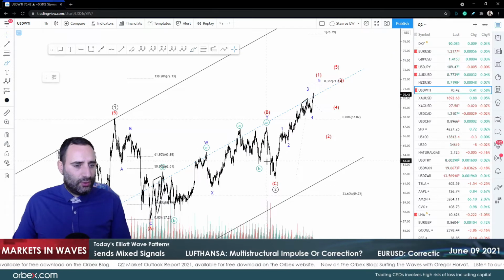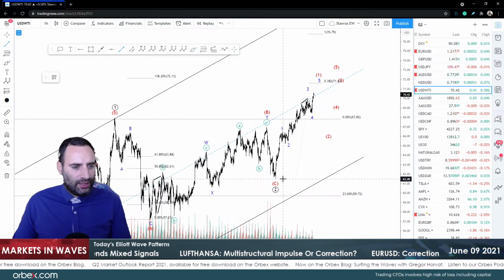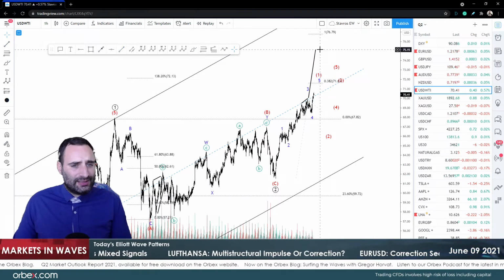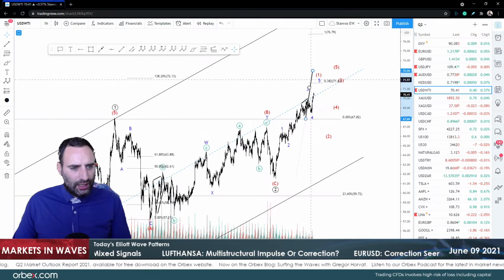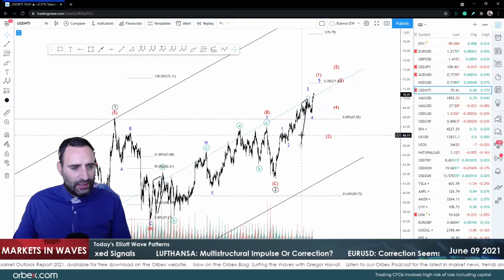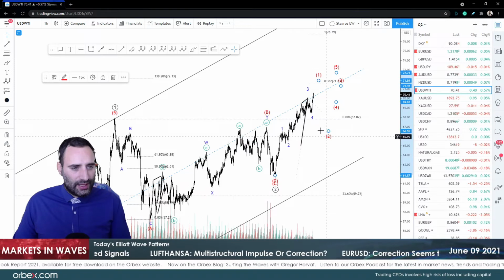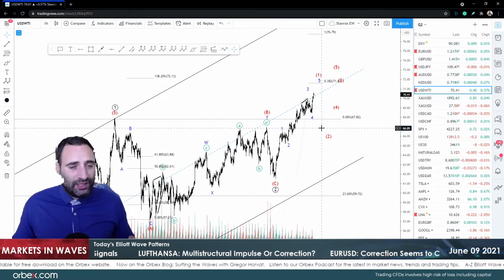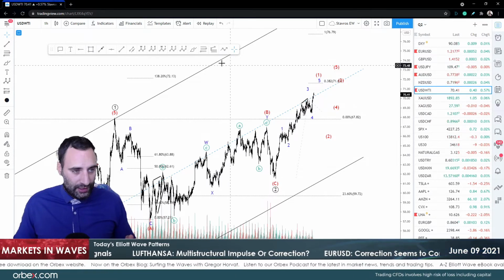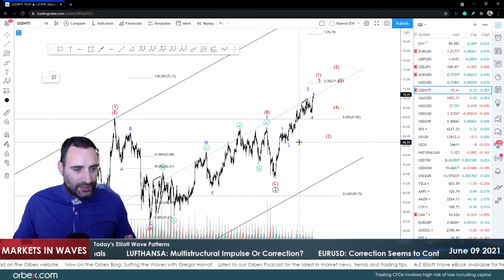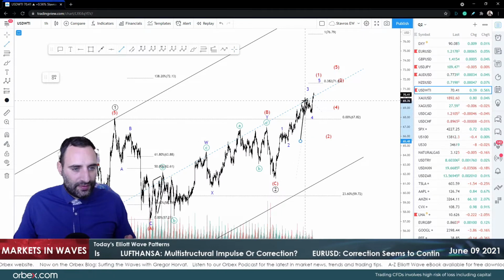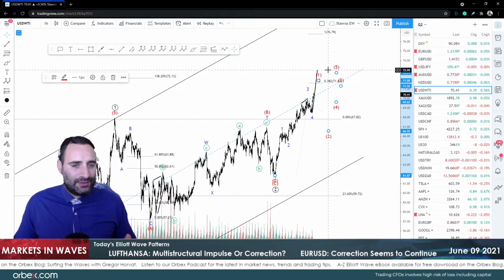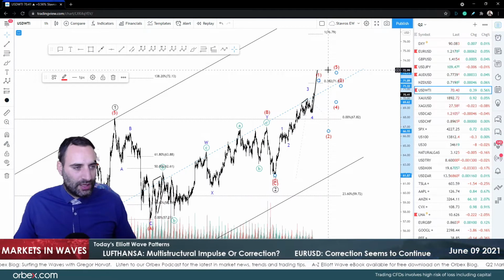Okay, and the other thing would be to measure wave 1 and assume that this is going to be the same for wave 5. But guys, I don't think that's going to happen because our wave 3 is smaller than wave 1, it looks like, at least over here, right? So if wave 3 is smaller than wave 1, we really have to have wave 5 smaller than wave 3. Which means it's a better idea to take wave 3 here and put it over here from 4 onwards and assume that the maximum that we could get has to be below 73.